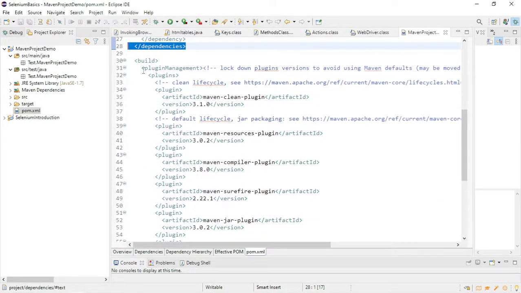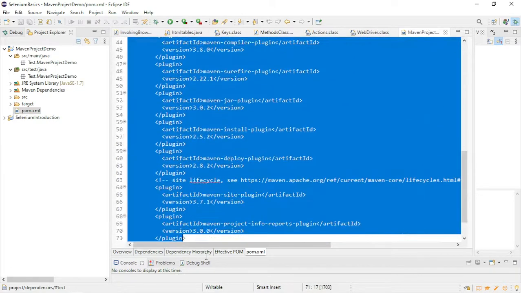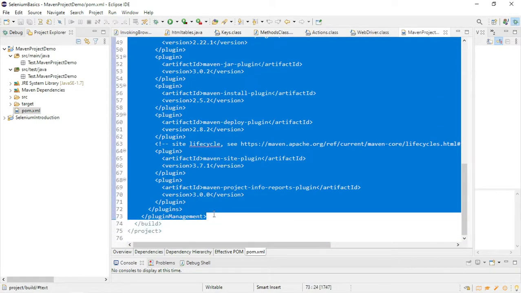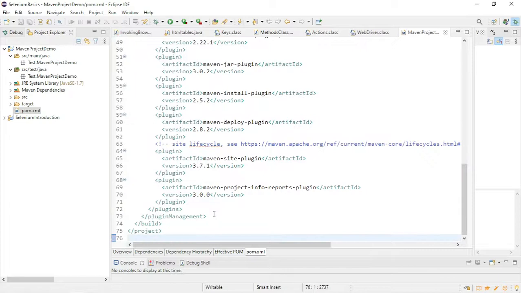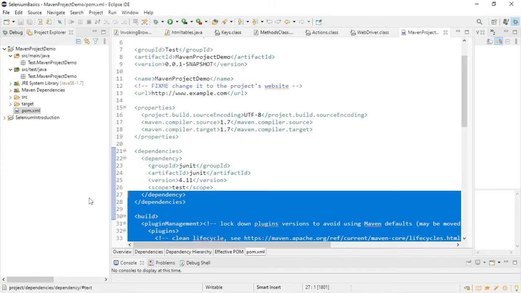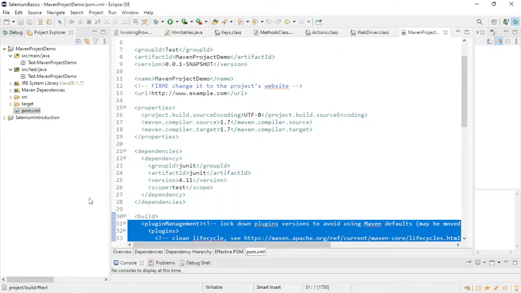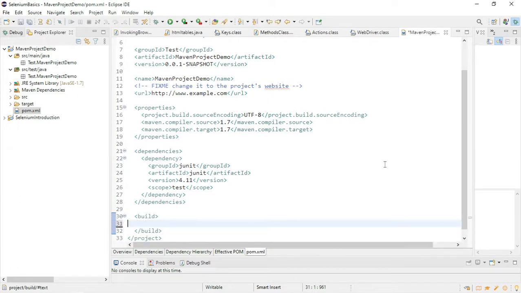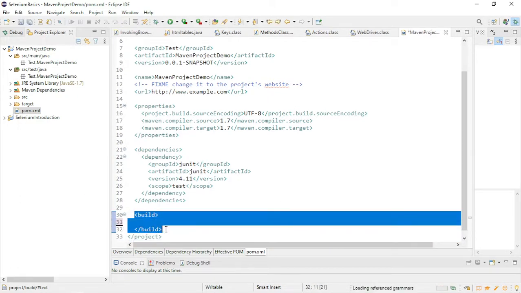I don't require this as of now, so let me delete all the things inside the build tag. So I will empty this. I'm deleting the entire thing from here to here, which I don't require. Right, so now this tag is empty.